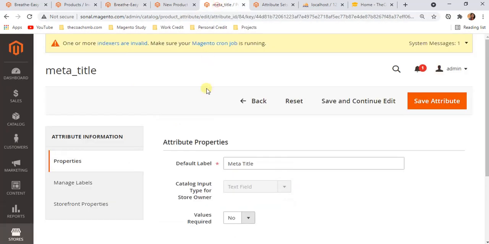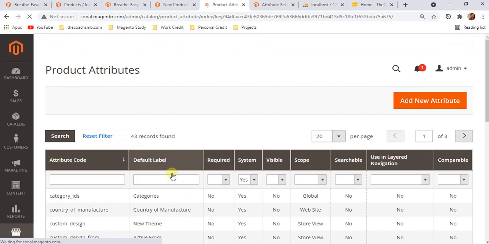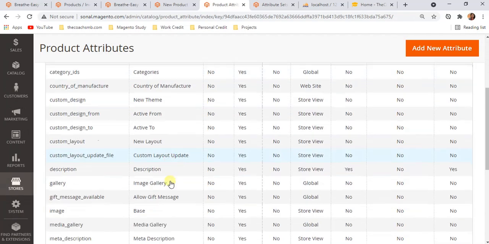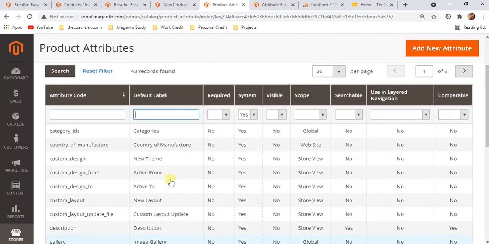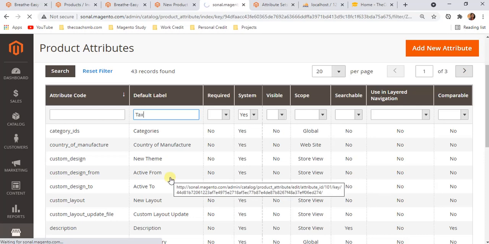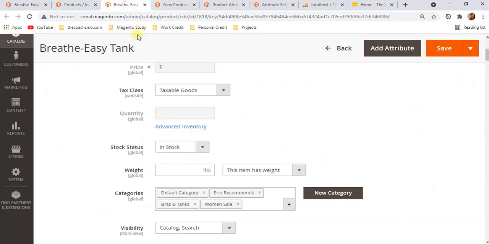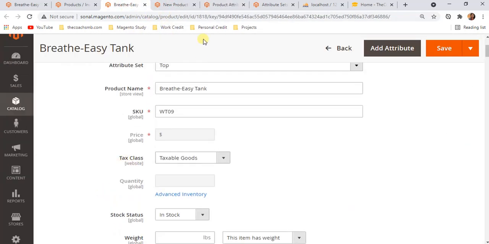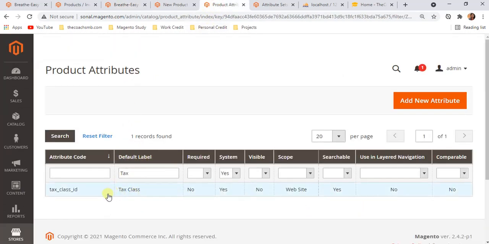Okay, go back here. Okay, so here, text search. Okay, so I'm searching with what? This name. Okay, text, where is that? Yeah, text class. So this is the default label, correct? So I'm searching in default. So this is the attribute.